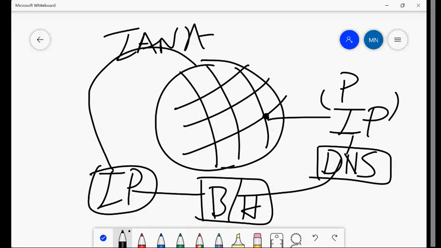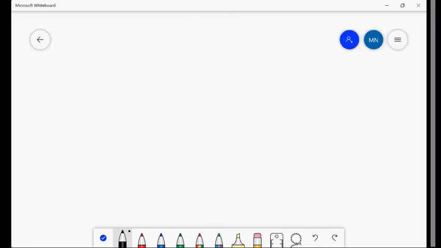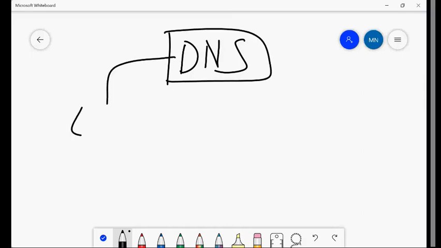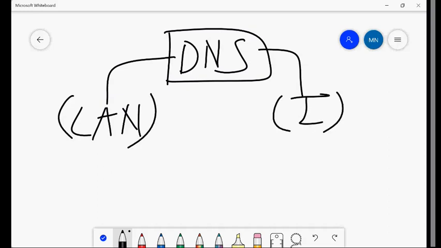Then what happens accordingly? Whenever I or anybody hits my public IP, it will first go to the top level domain, and there it will search for the .com. Then it will get the domain name, and then it will get resolved. Ultimately, DNS is a service, right? I told you, one is used within the LAN, and the other is used in the internet world. If you want to use it in your company, then you are using it for this purpose. If you want to start your own internet company, then you are using it in this manner.